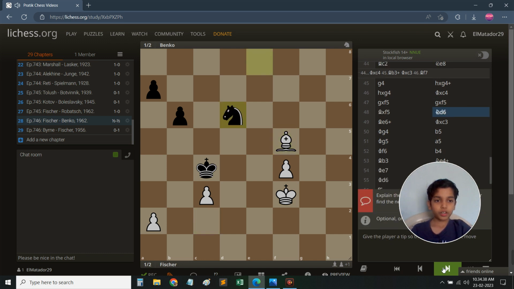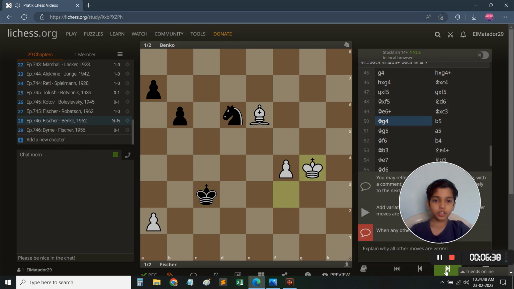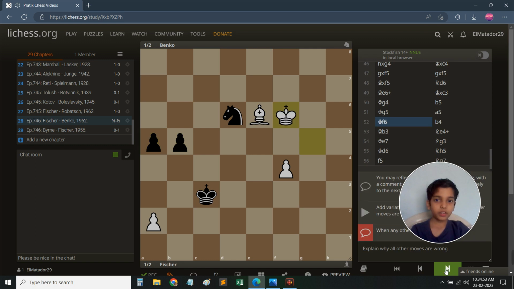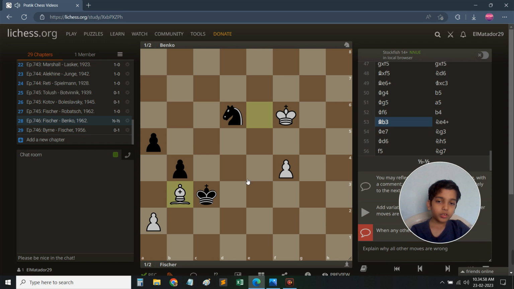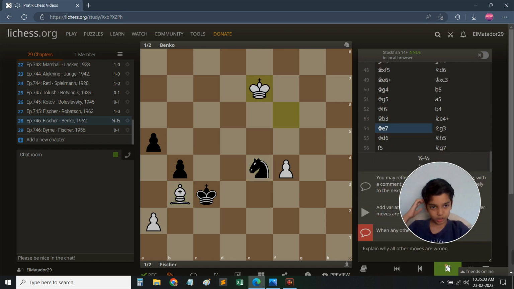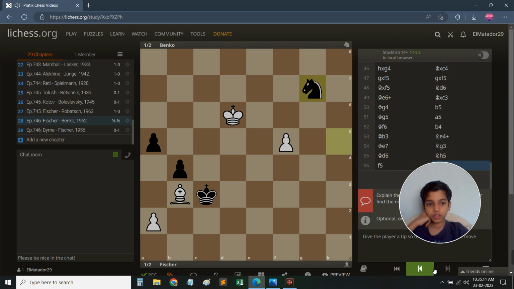Now after a quick exchange of some pieces, this f5 bishop is attacked. Bishop e6 check, king to c3, king to g4, b5, king to g5, a5, king to f6, b4, bishop to b3 getting in the way of the pawns, but that doesn't accomplish anything. Knight e4 check, king e7, knight d3, king d6, knight h5, f5, knight g7, and here a draw was accepted